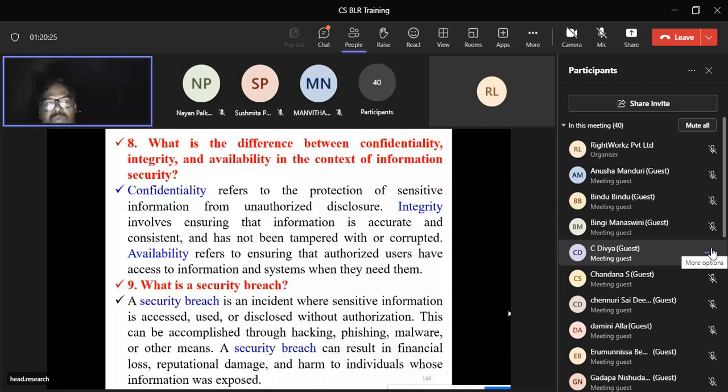What is the difference between confidentiality, integrity, and availability in the context of information security? So confidentiality refers to the protection of sensitive information from unauthorized disclosure. That is called confidentiality. Integrity means if you are an authorized person, you can have privileges to alter the data. But